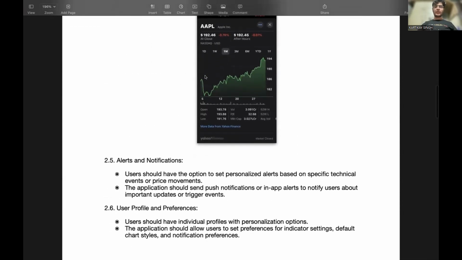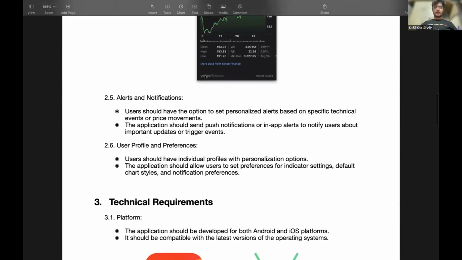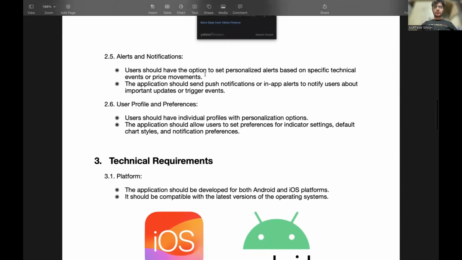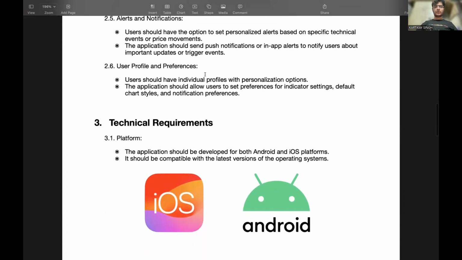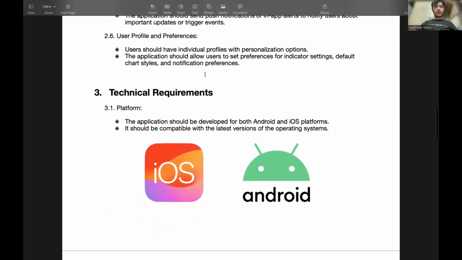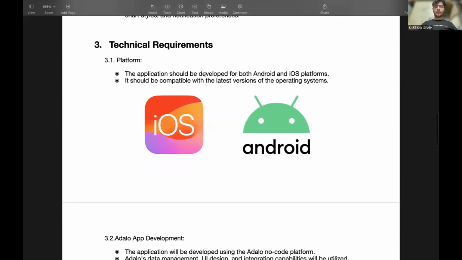Now there should be alerts and notifications for specific technical events or price movements in the application itself. So the user should be able to have some kind of preference or settings in the application to better personalize the application. Now for the technical requirements, the platform should be able to run on both iOS and